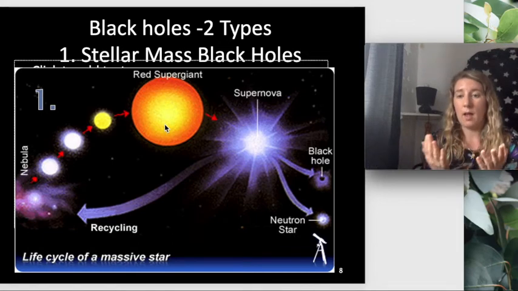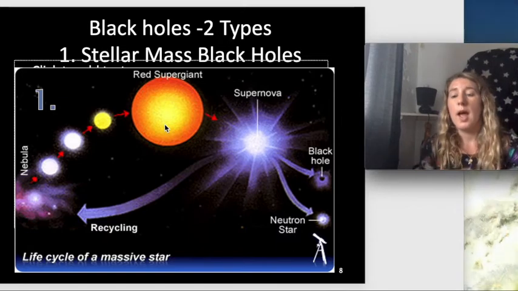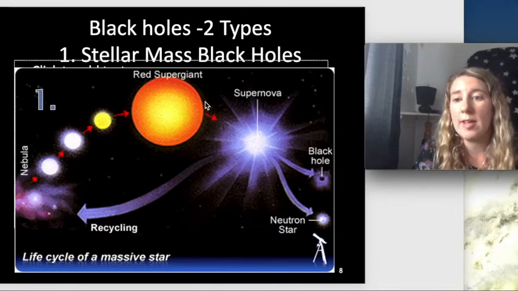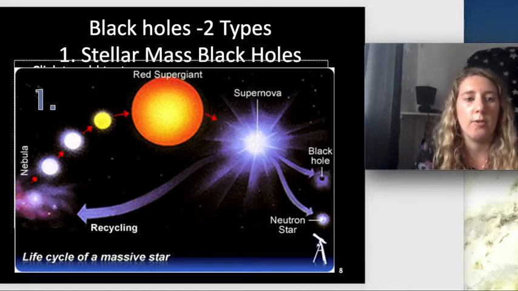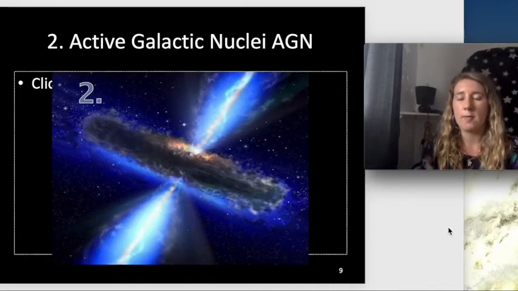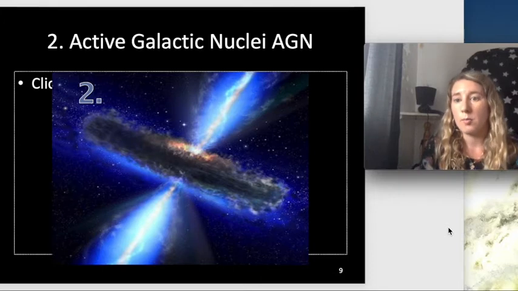If it is less than that, maybe 1 or 2, then it will become something called a neutron star. So they're called stellar mass black holes simply because they're on the order of the size of a few suns. And then we have the supermassive black holes, or active galactic nuclei, which is what I'm focusing on,